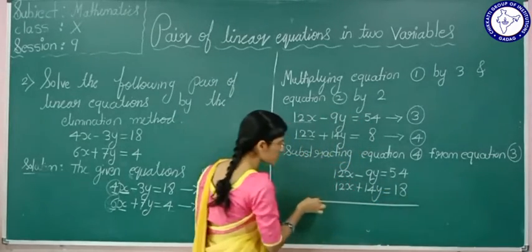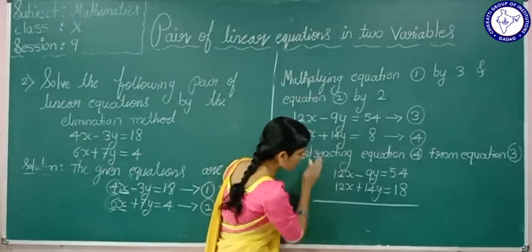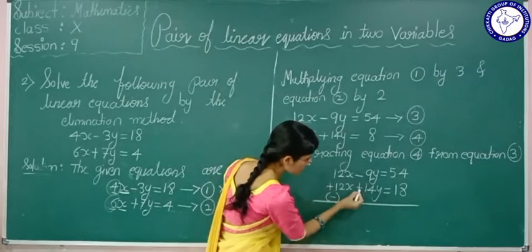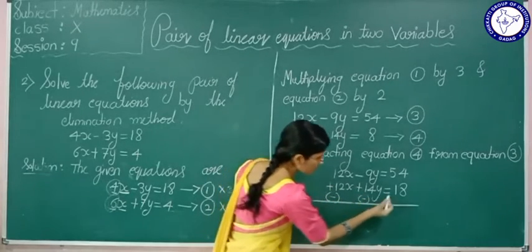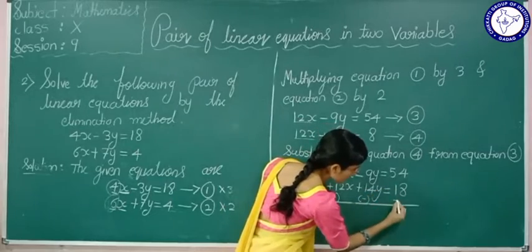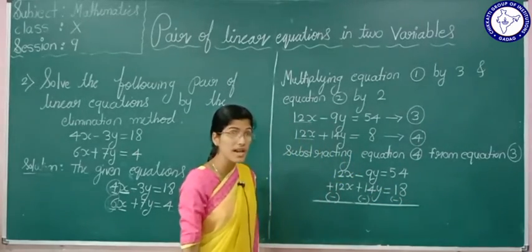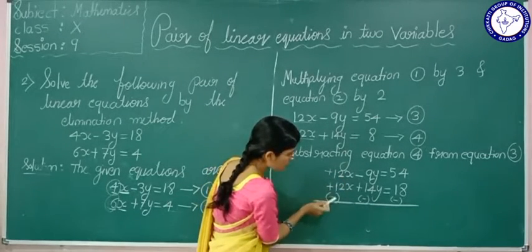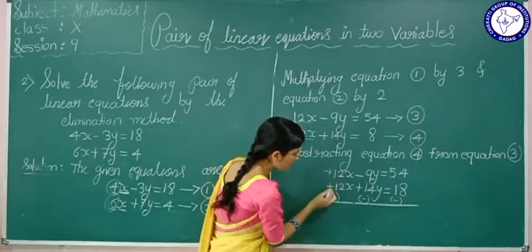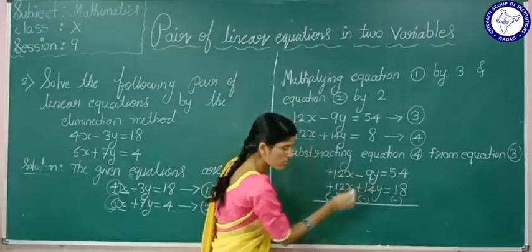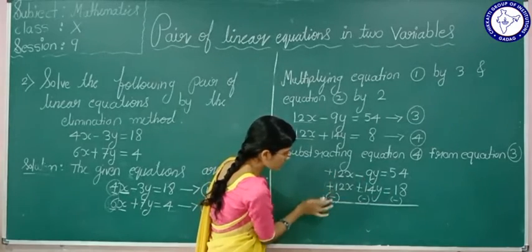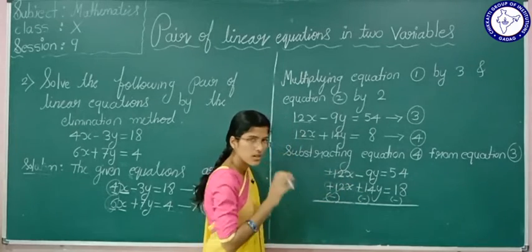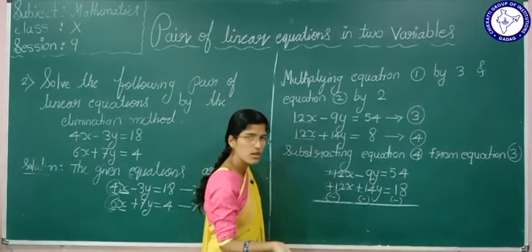If I subtract, definitely this will cancel here. We are subtracting, no? That's why the signs will change. Here plus will become minus, the opposite sign. Here nothing is there, so plus will be there, and it will become a minus, because we are subtracting. Now see here, students, we got new signs because we are subtracting. You should not look at these signs now. You have to compare these two signs here. Plus 12x minus 12x is going to cancel.